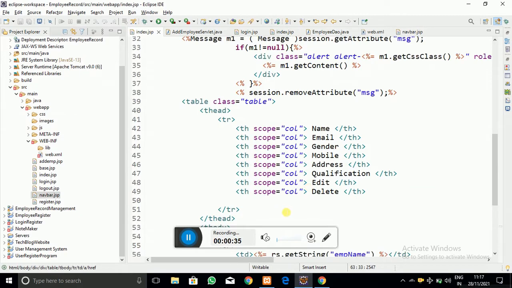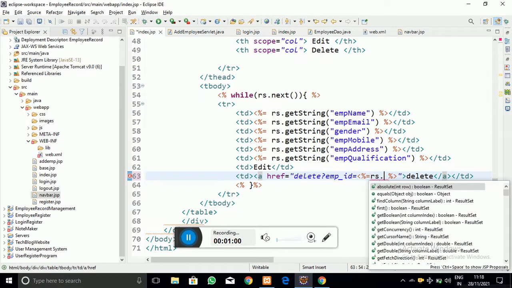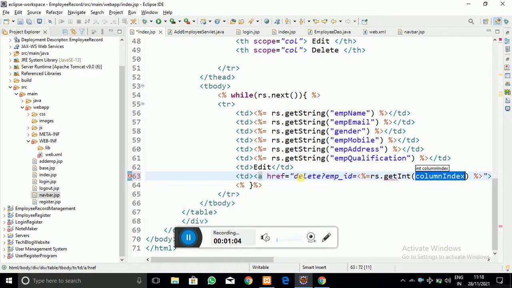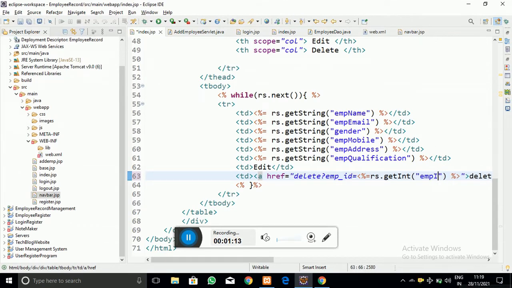So for that purpose, you can see that in the index.jsp page I have created the link. As you can see, I have added an anchor tag there, and there I am going to write delete, then a question mark, employee id. Remember guys, that employee id is dynamic, which I got from the result set itself: result set dot get int and the column name, which is the employee id. So in the query string I got that employee id, and by making use of that employee id I am going to delete all the data of that particular employee. So how did I get that?